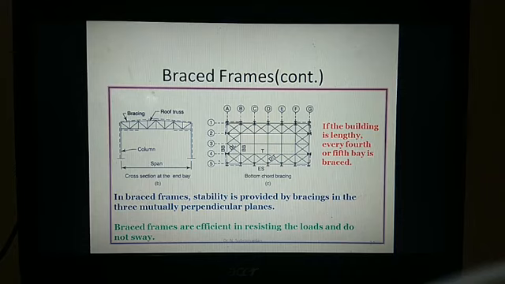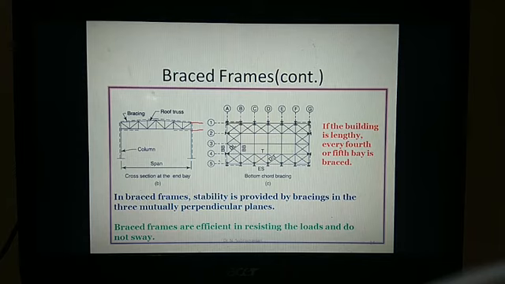So you can see this is the span, right? And this is the depth of the roof truss. Okay, and these are the top bracings. So bracings will be provided around the whole circumference of the building, and these are the columns. So you can see even the top view of the roof truss, where the top bracings can also be